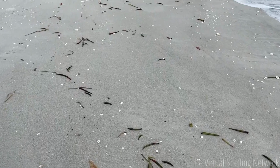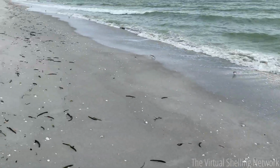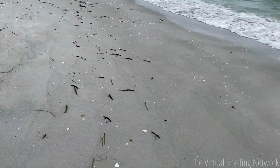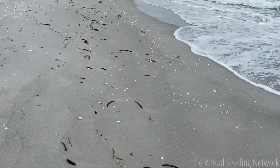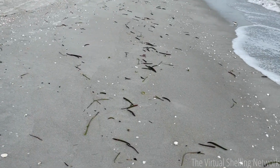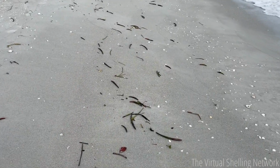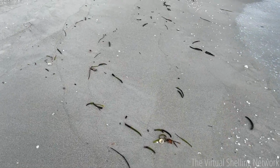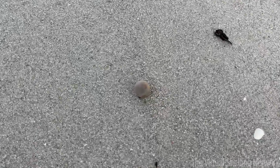Little beach walk tonight, and I was not planning on doing a video, but it's a little bit breezy, lots of waves still here on the west end of Sanibel, and I wanted to just jump on really quick because I like to show you guys things to look for when you are walking the beach. And depending on the waves and the tides and the storms and the time of year, you are going to come across certain conditions on the beach, in which case you are going to find certain beach treasures